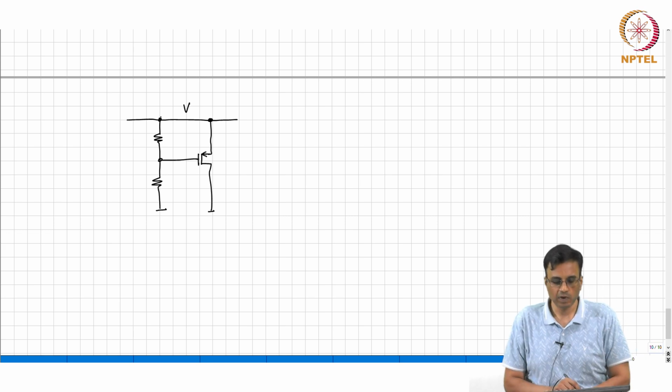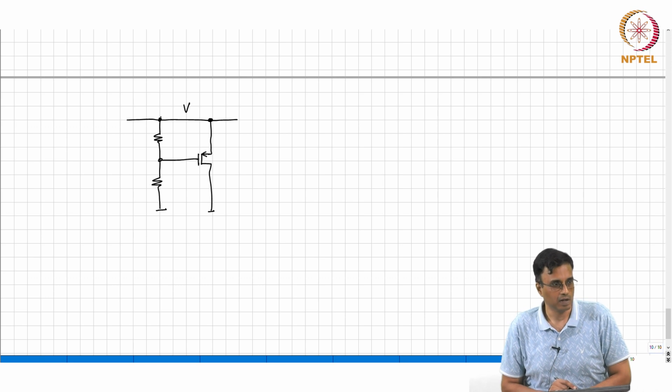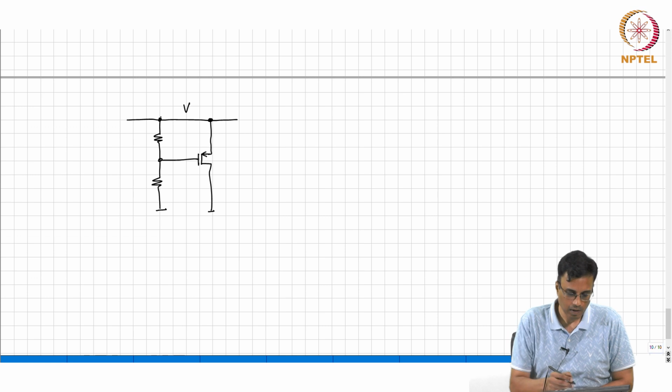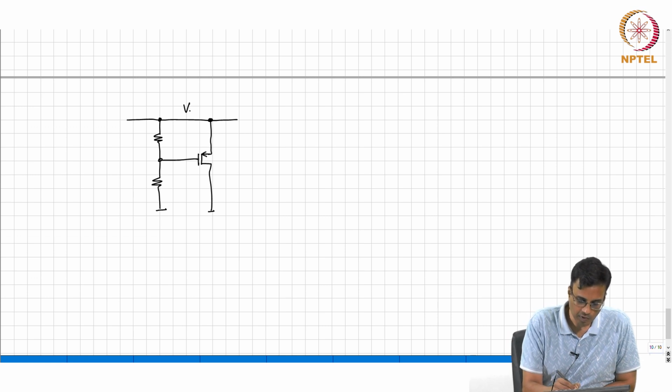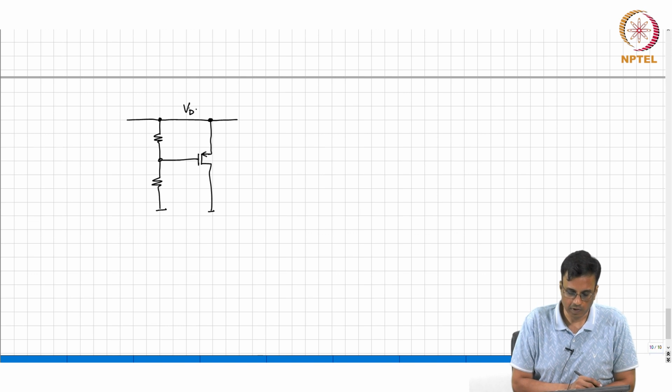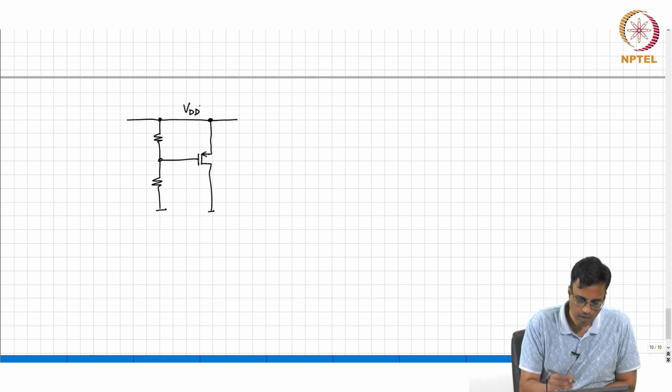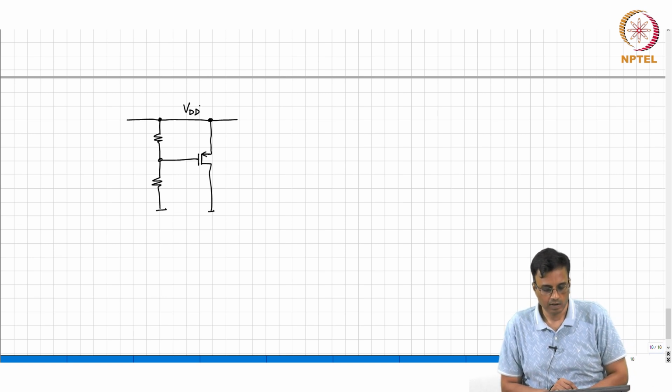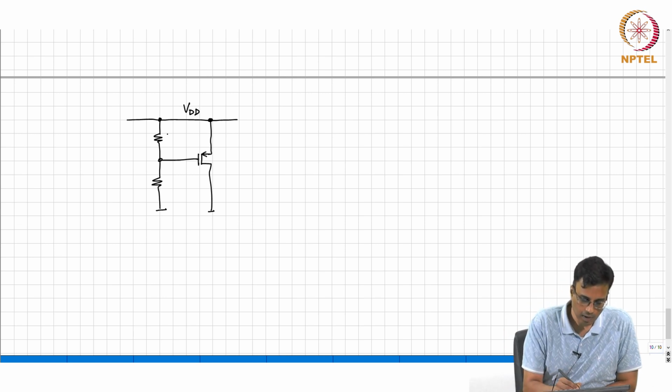So, with PMOS circuits often all the sources are connected to the topmost rail, right, and if you call that VDD, and now